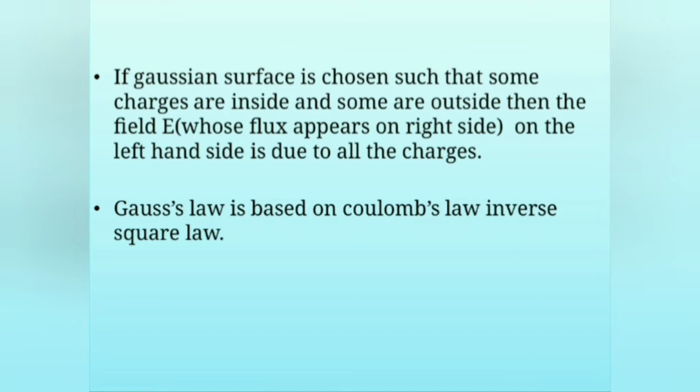And this Gauss law is nothing different from Coulomb's law. It's actually derived from Coulomb's inverse square law. So sometimes they ask you a question: if Coulomb's inverse square law fails, what would happen to Gauss law? Gauss law also becomes invalid, because Gauss law is another form of Coulomb's inverse square law. So this is all about the Gauss law and the rules for choosing the Gaussian surface. Now using these rules, let us see how to apply Gauss law and find out the electric field for various continuous charge distributions.